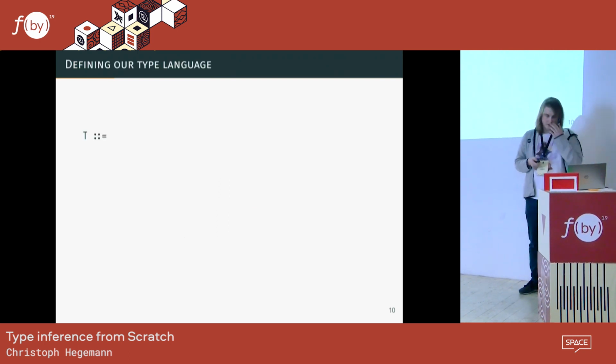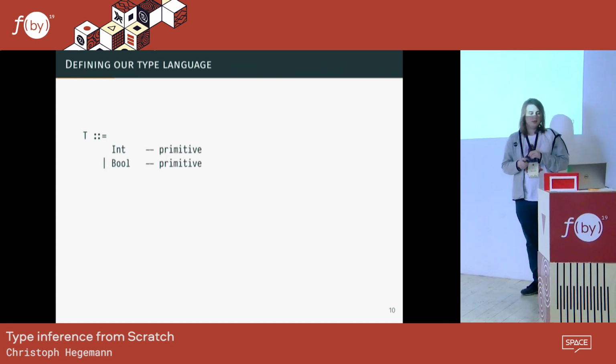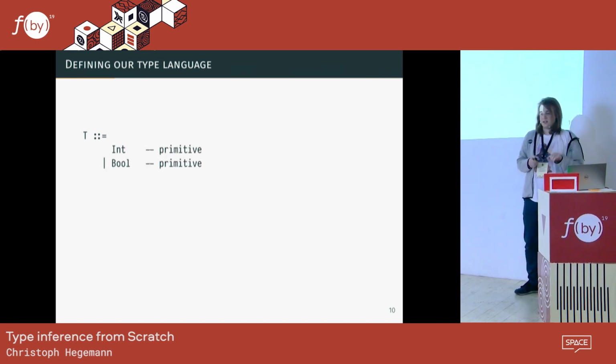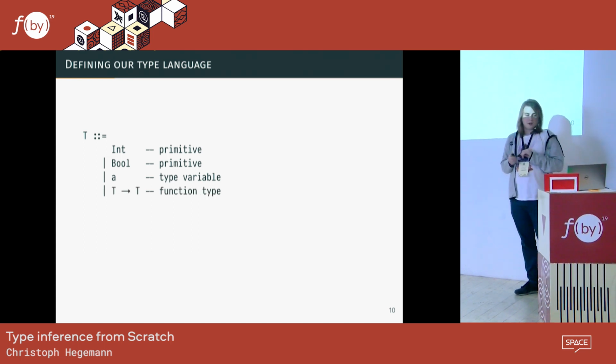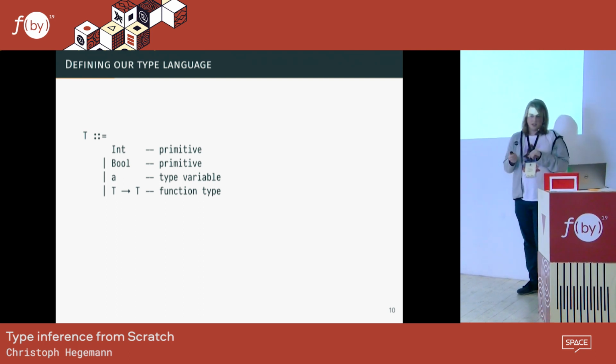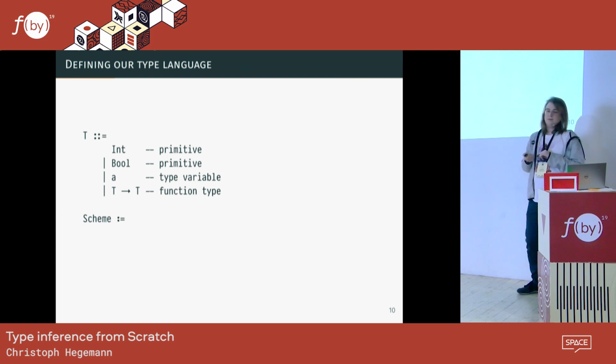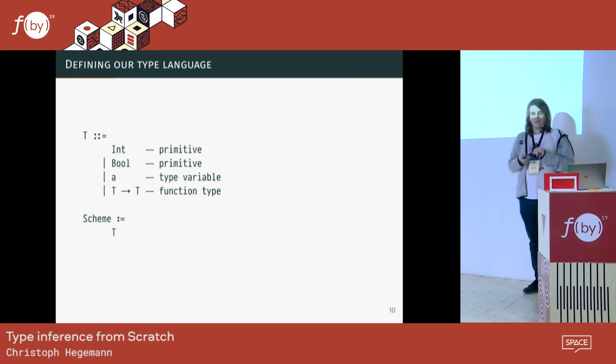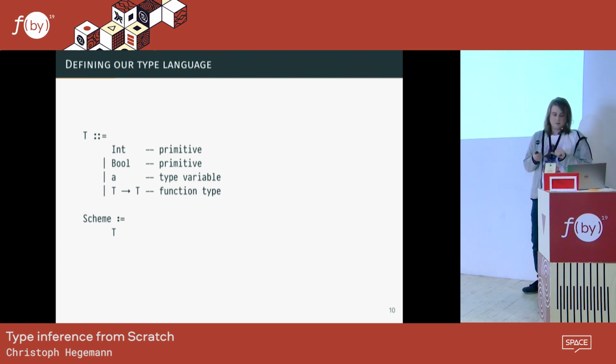So how do we define our type language? It's simpler than the expression language. We've got our two primitives, the int type and the bool type. We've got type variables, and we've got function types. And then, because the quantification part is missing, we're going to define schemes, which are not types. They're called type schemes. We're going to define schemes as either being a type or a type with quantified variables